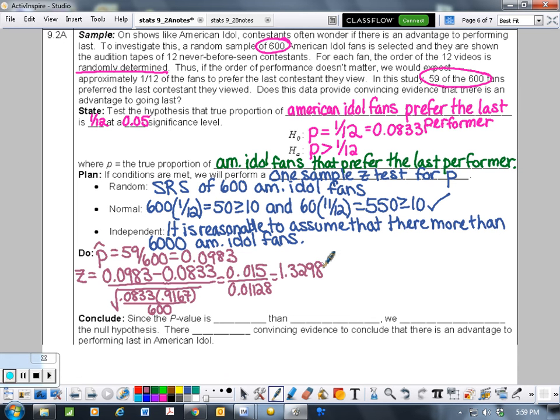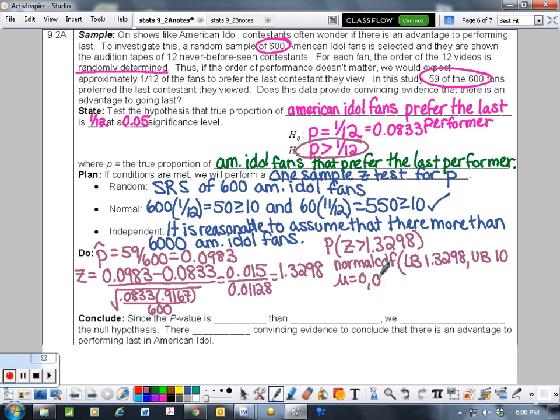Now we have the z-value. Now we're ready to calculate the probability that z is greater than this value, because that was our alternative hypothesis. So this will be a normal CDF. Because I want it greater than, my lower bound is the 1.3298. Upper bound is 10. Mean is 0. Standard deviation is 1. And that gives us a probability of 0.09179,